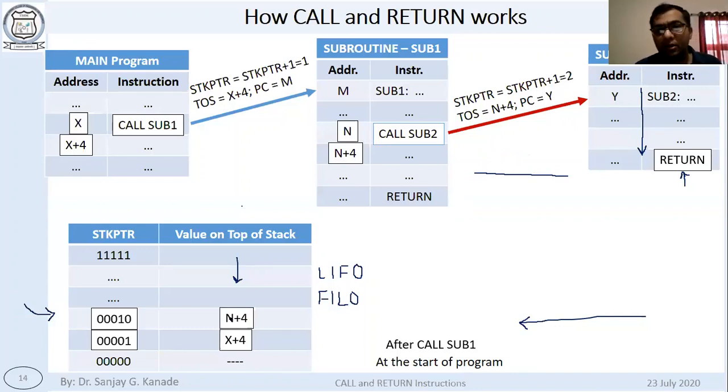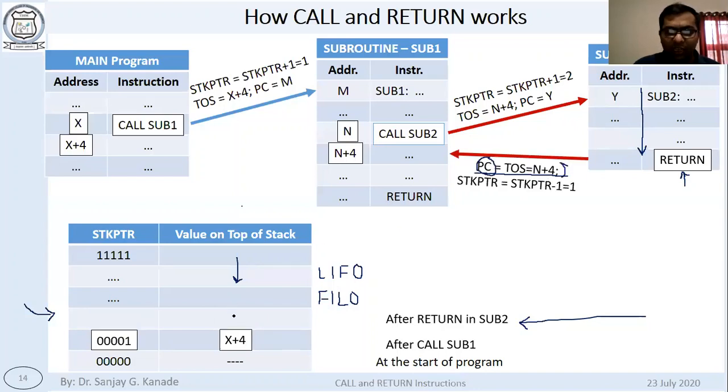It is called popping. It is removed from the stack and it goes to PC. See, n plus 4 which was written here went to PC. And the stack pointer is decremented by 1. Both things are equally important. Note down the sequence: the value on the stack goes to the program counter first, and then the stack pointer is decremented.